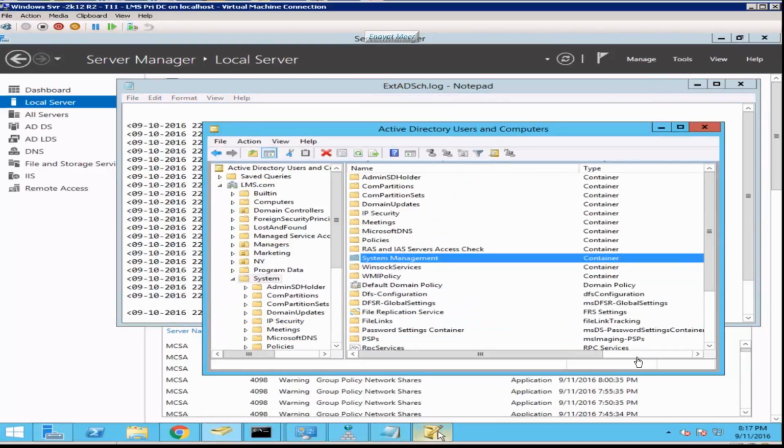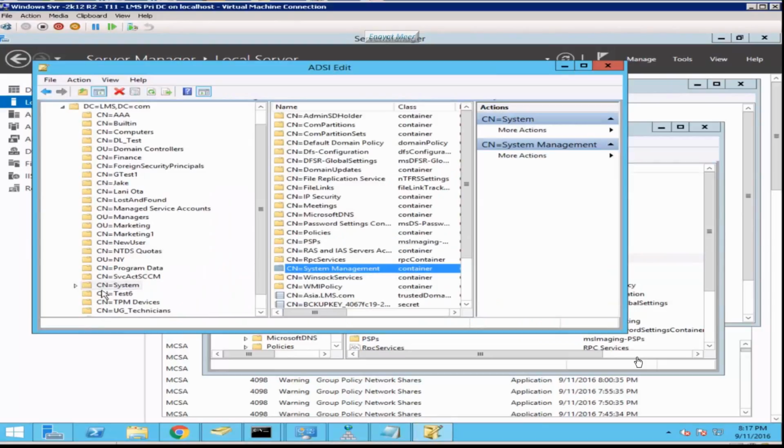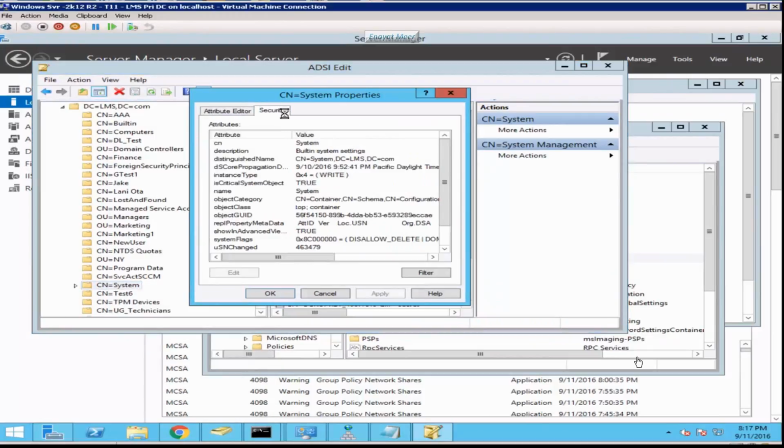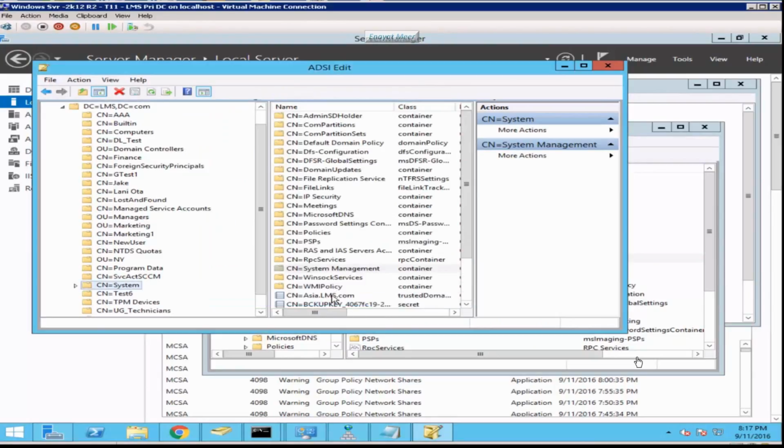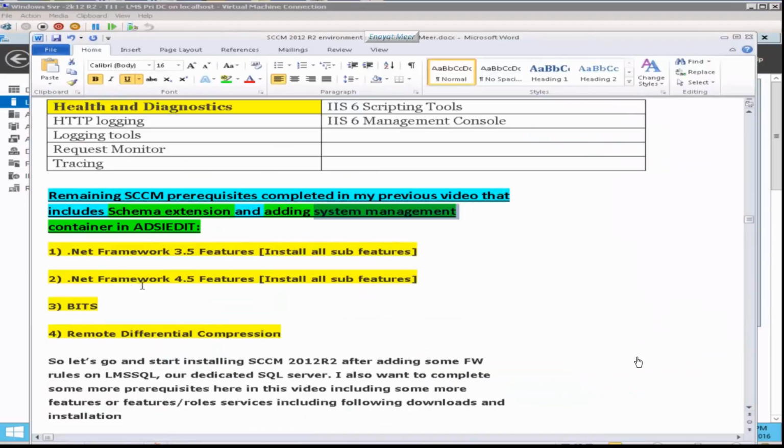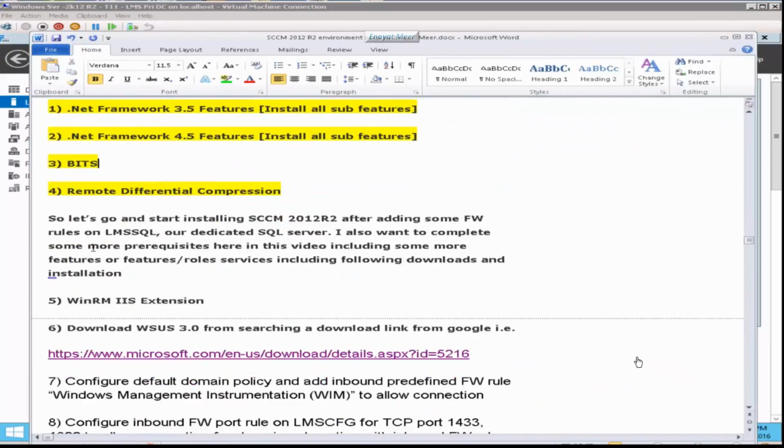Now you have to make sure that the system container contains your Configuration Manager server under security with full access. That is very important. If it's not, just make sure that you have that container available and you have the Configuration Manager server available, or any load balanced server with this Configuration Manager server, possibly for a distribution point or for some other purposes where you are running that as a load balance. You should have that server under the security tab, so this will be visible in Active Directory as well.